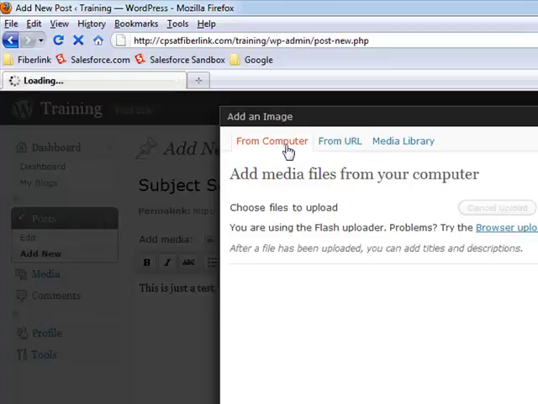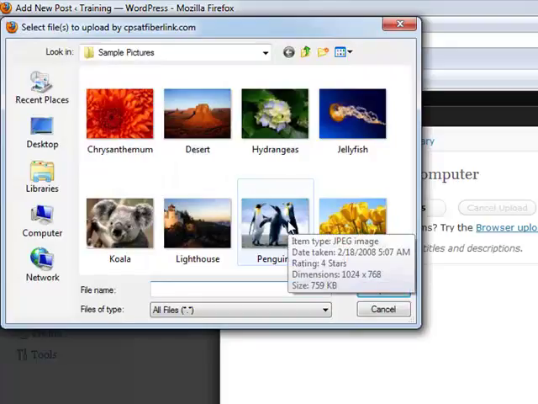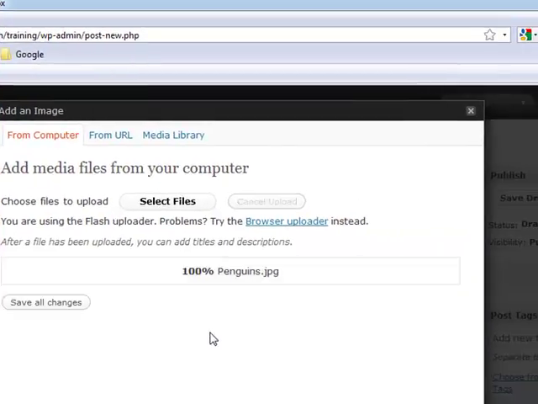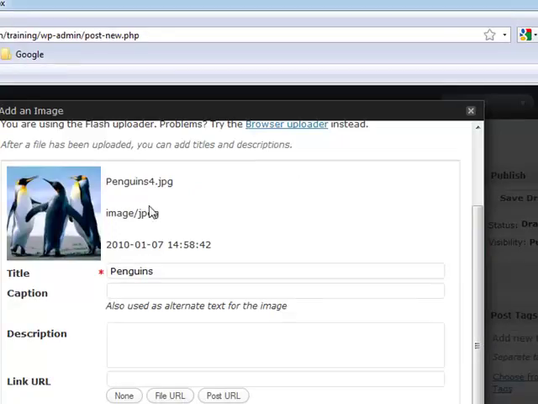If it's from the computer, you would click this and click select files. Brings up a browsing dialog box. Select one of the pictures. We'll go with penguins. And this is a flash uploader right here. If you have any problems with this, you can always click the browser uploader. And once this is loaded, you'll see it lists the type of image right here, the name, and the title,